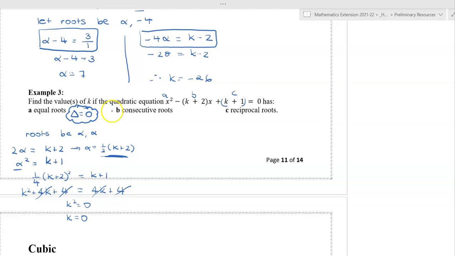Or, as I said, feel free to pause the video, find the discriminant, set it to 0, and solve for k, which is probably the way I would have gone in a test. Okay, consecutive roots. I'm going to let the roots, and you probably should say that, let roots be alpha and alpha plus 1. Okay, so that's 2 consecutive numbers. And again, we don't know what to do, but we start by going, okay, the sum of the roots, 2 alpha plus 1 equals -b on a, and the product of the roots